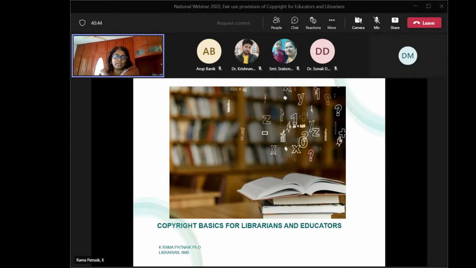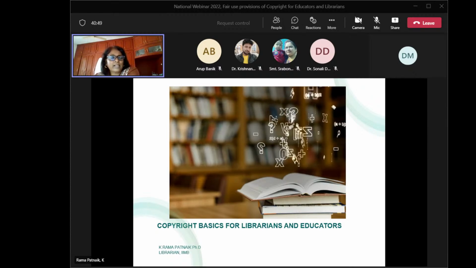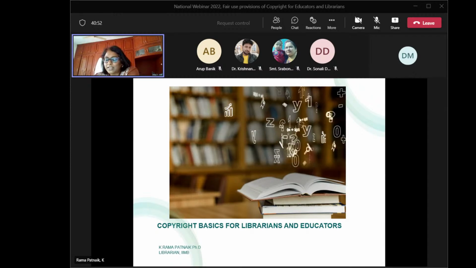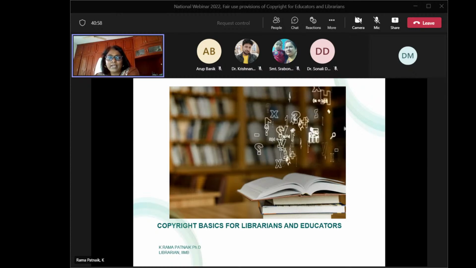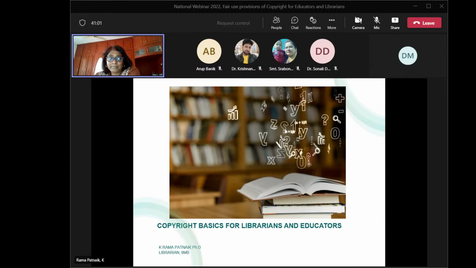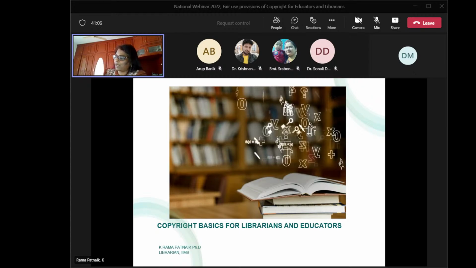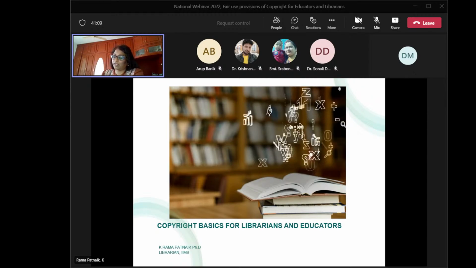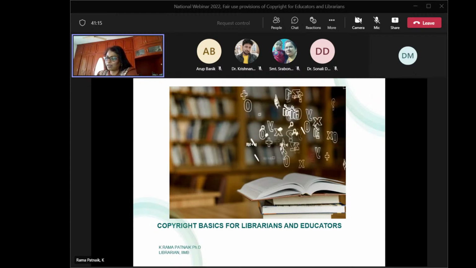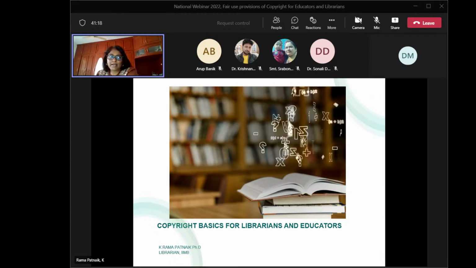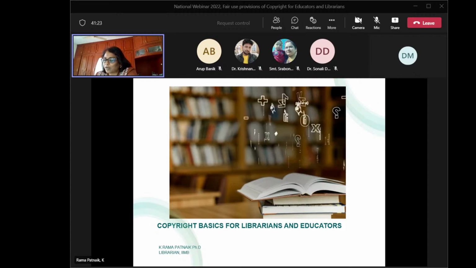Today my presentation will focus only on the print materials and on the Indian copyright law, because if we just deal with multimedia, one hour would not be enough to understand the intricacies of using other multimedia content. Though I will briefly touch upon the content in terms of databases, journals, or ebooks that we purchase, where we end up signing contracts or license agreements. That part I will touch upon briefly because that is where I think the entire responsibility of complying with